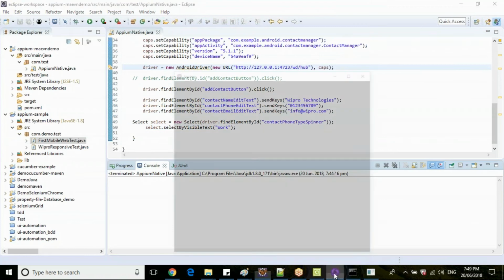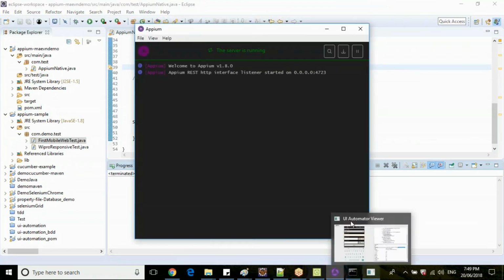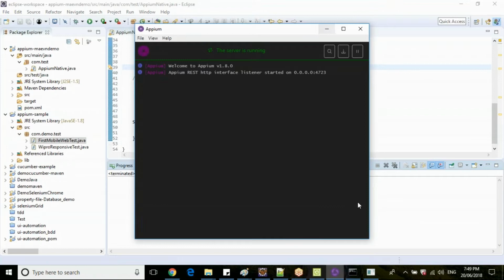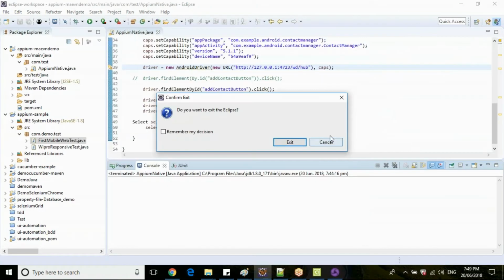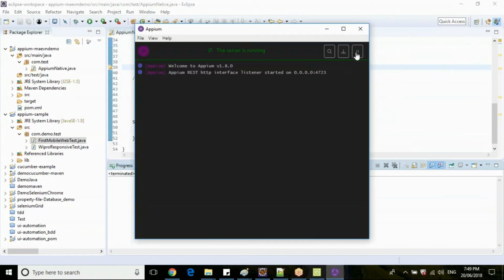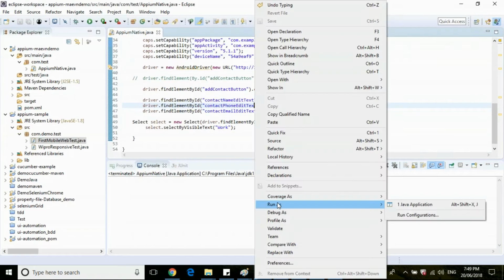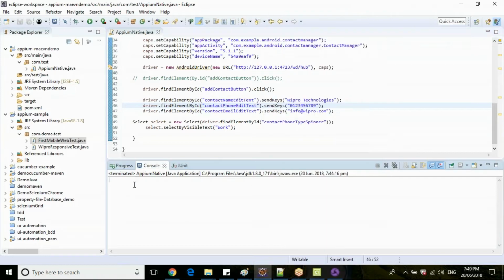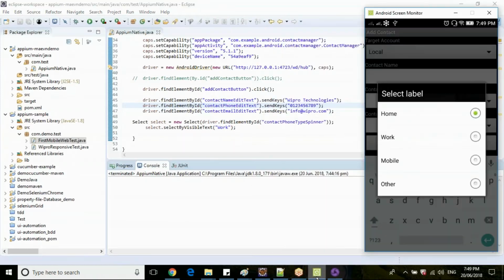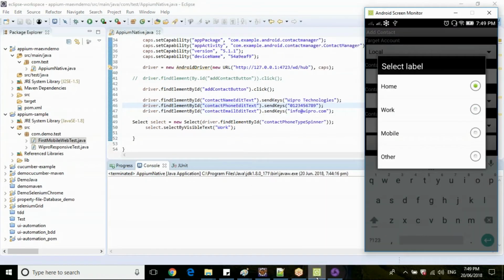Before that, let's start the APM server. Close this one. Let me execute the script. So before that, let me close this contact manager application from mobile.